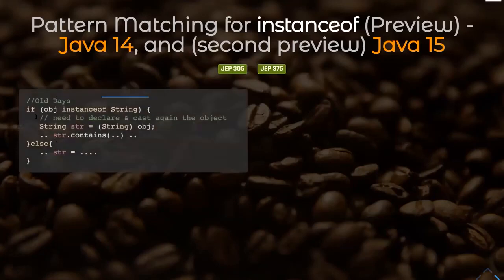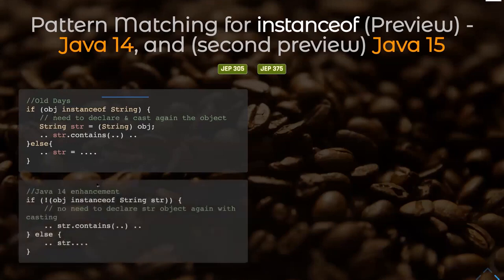Also, pattern matching, we get a lot of enhancements for pattern matching. So if object, for example, is an instance of String, we do a lot of casting. Pattern matching, we have the first preview in Java 14 and the second preview in Java 15. So it's meant to reduce a lot of boilerplate code and casting in the way that we do something like this. So now in Java 14, you can write it like this.